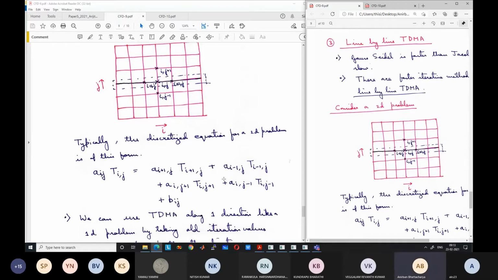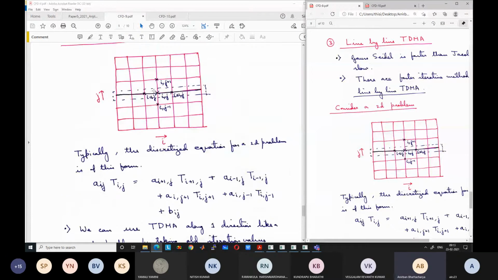Since our TDMA was developed for 2 neighboring values, because it's a tridiagonal matrix for two neighboring values, we will try to use that for this case also, although here we have 4 neighboring values. So what are we going to do? We are going to take any one of the directions, either the i direction or the j direction. So here I have shown the i direction. For the i direction,